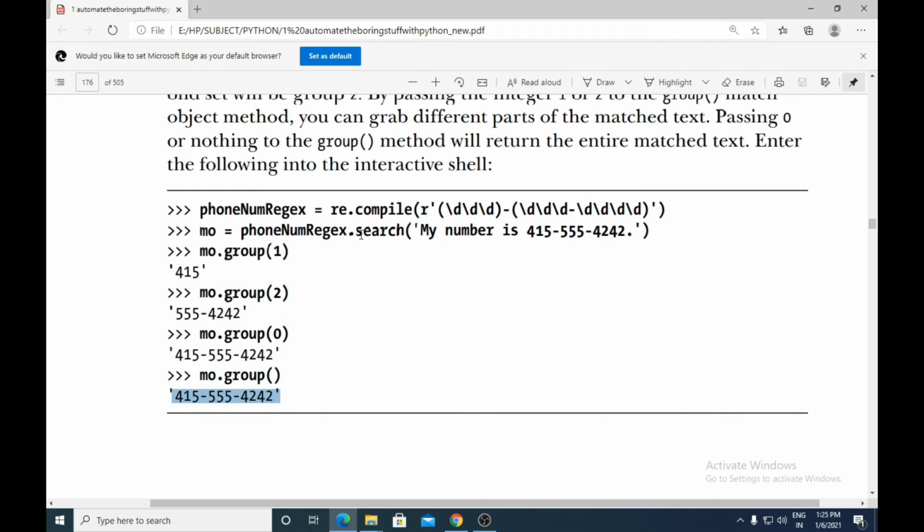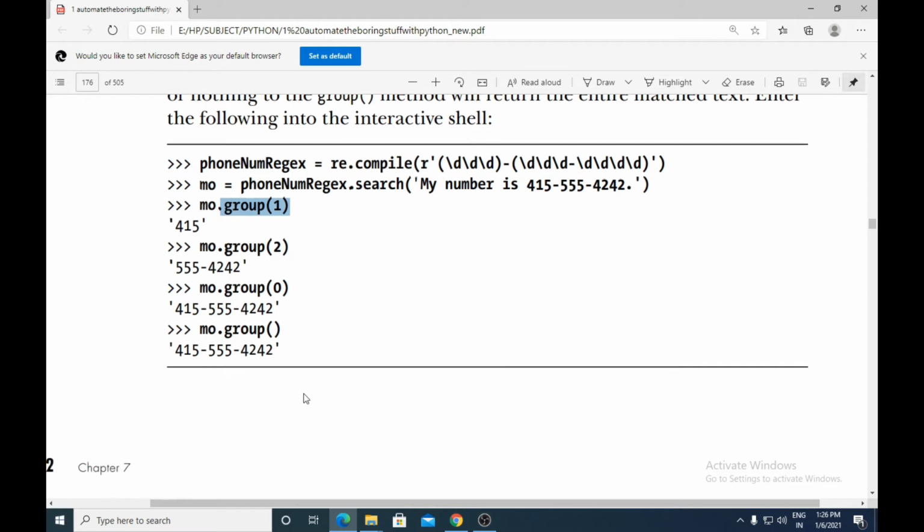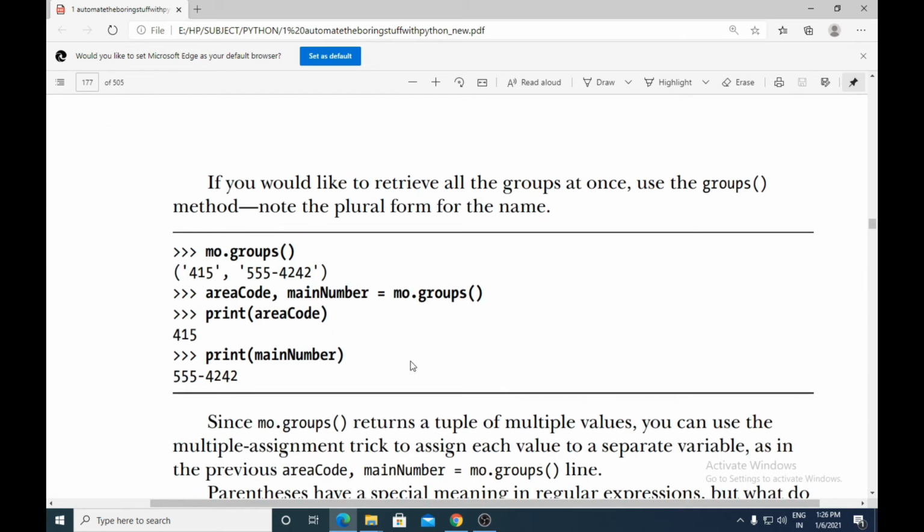Okay, so here the search method will be passed what? The entire string in which we have the pattern of our string. Okay, and if that pattern is there, then it will return a match object. And this match object in turn will call another method known as the group method. What is the work of the group method? To return to us the part of the string which is matching the pattern which we had mentioned above. Okay, next let us see.